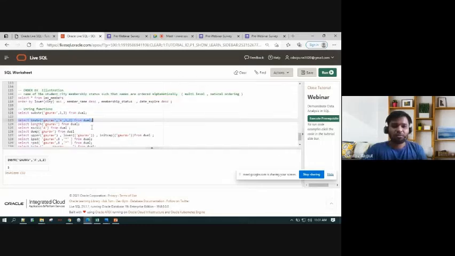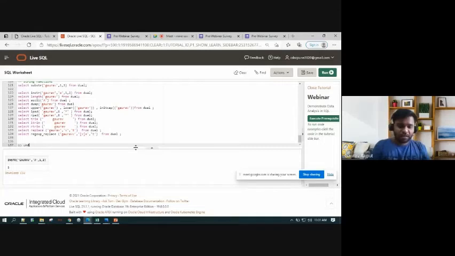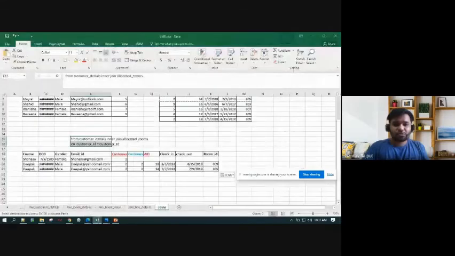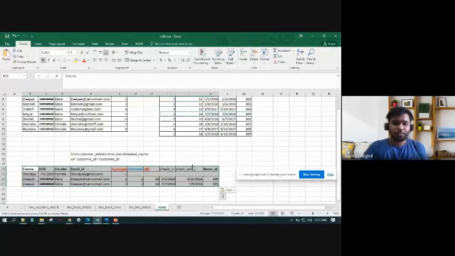At the end of the day, when you do data analysis, what I want you to take away from this session is, one, understand your data set, and then try to model the data in your brain. That's the important thing. Excel is an excellent tool. For example, when I wanted to do joins, this is how I tried to visualize the problem. Until you are very familiar with joins, try to visualize the problem in some form in Excel. I would prefer Excel, but you can visualize it on paper. At the end of the day, you should know what you are expecting from the output, and then try to write a query. That's the important thing.